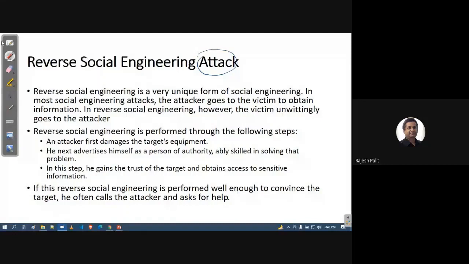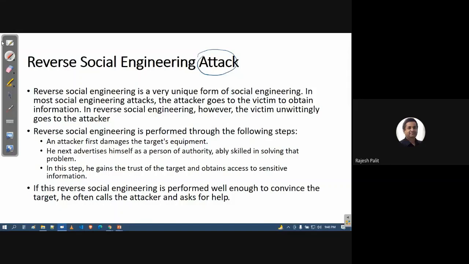That is the dangerous thing here. Reverse social engineering is a very unique form of social engineering. In most social engineering attacks, the attacker goes to the victim to obtain information. But in reverse social engineering, the victim unwittingly goes to the attacker or is forced to go to the attackers, okay. Say for example, the attacker can make the system unreachable, or the attacker can block a folder or can encrypt a folder